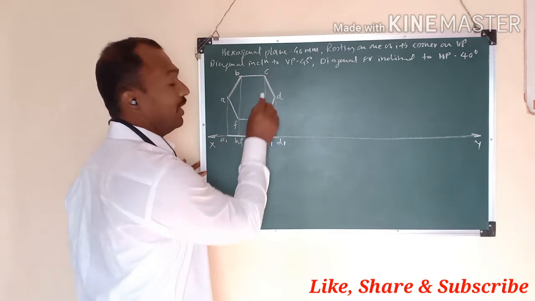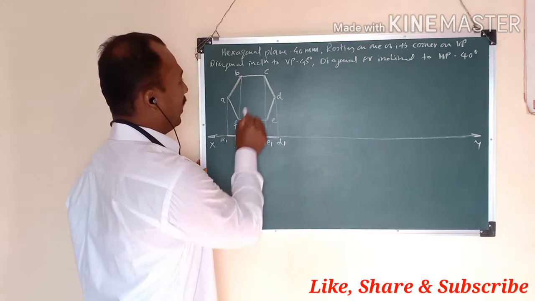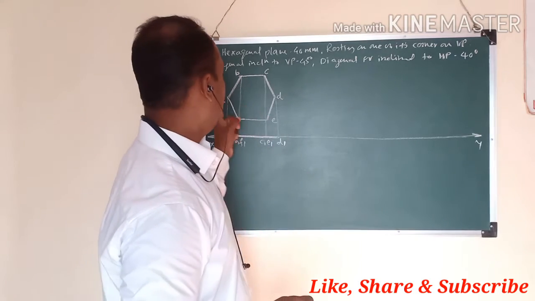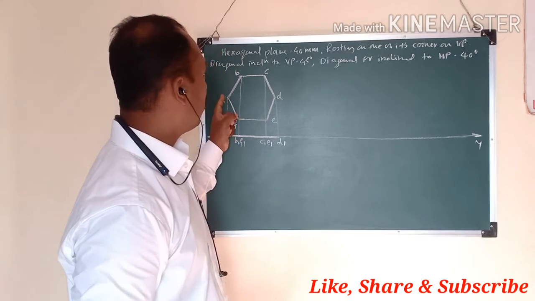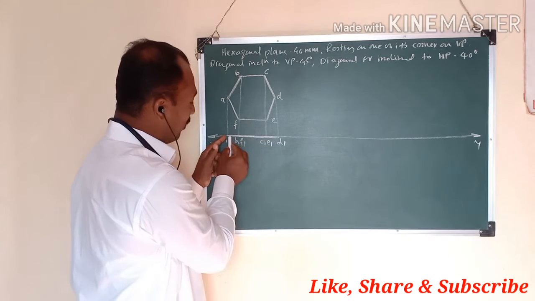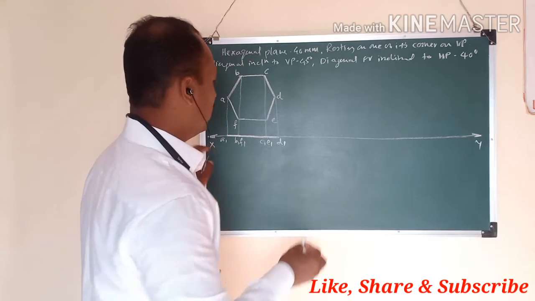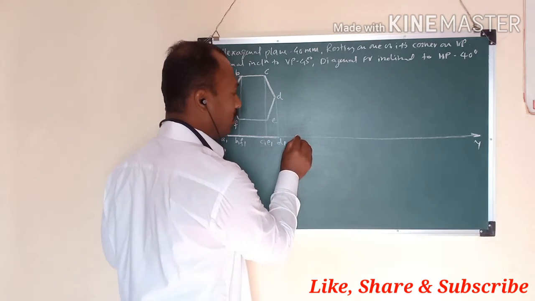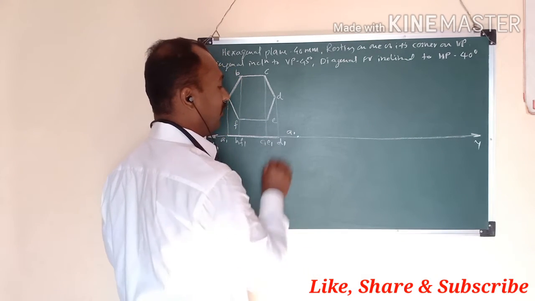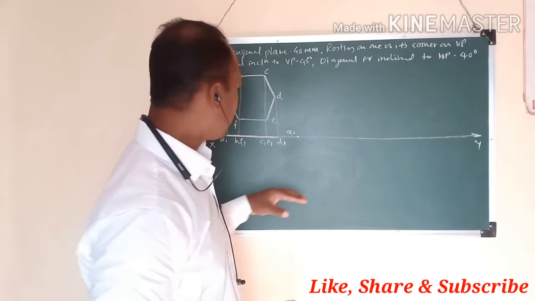The diagonal is AD. This hexagon has three diagonals: AD, CF, and BE. Like this, three diagonals are there, and the diagonal passing through that corner is AD. So AD को हमें incline करना है. यहाँ पे टॉप व्यू में AD देखिए कहाँ पे है? This is the AD. So this AD incline करना है. So at a certain distance, plot one point and assign the point name A1.